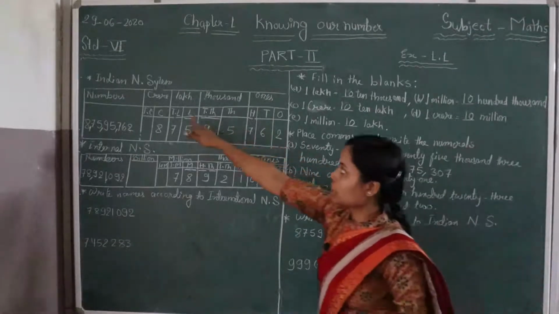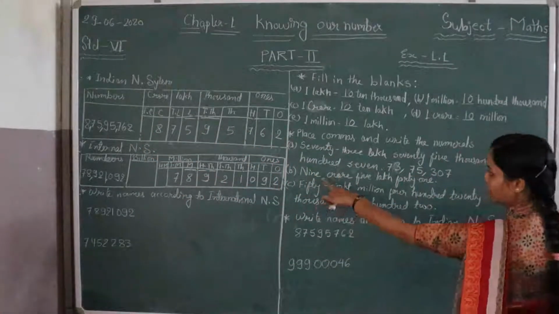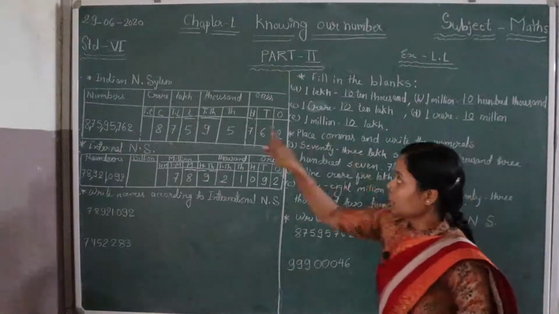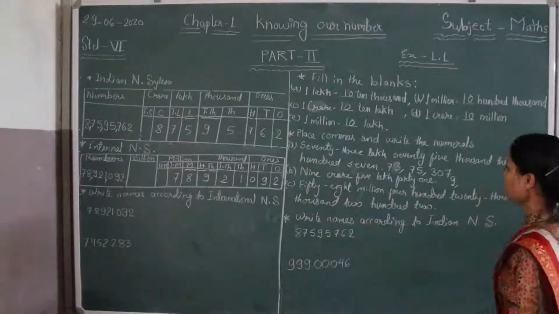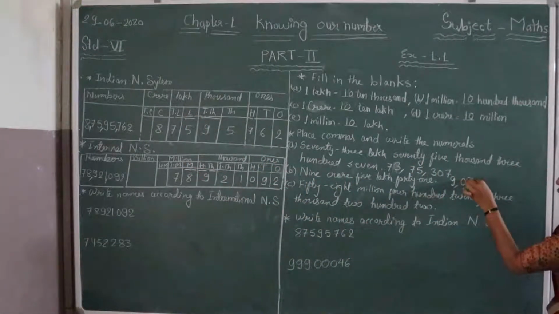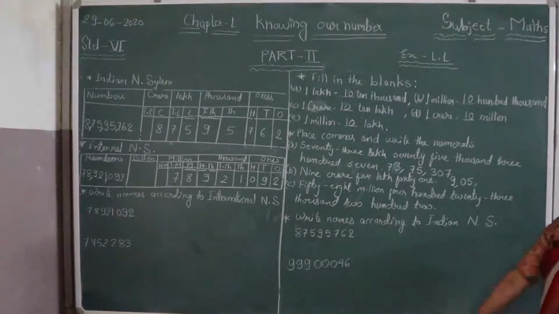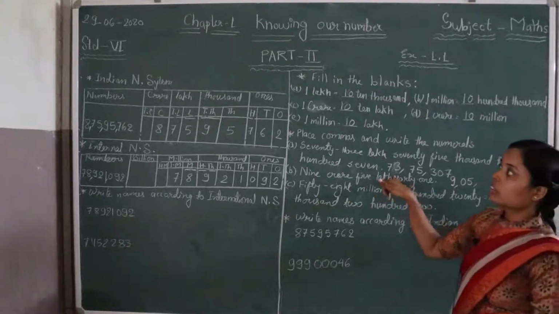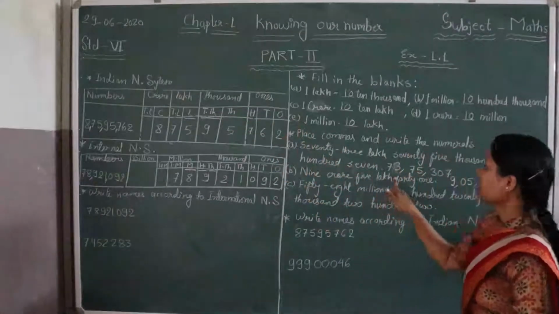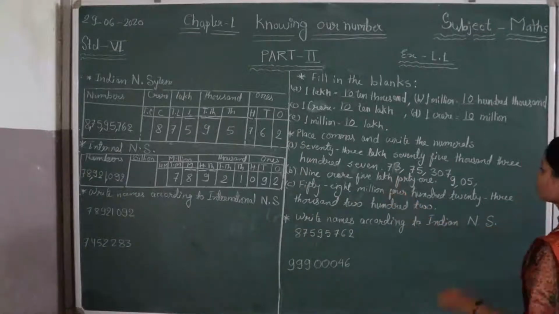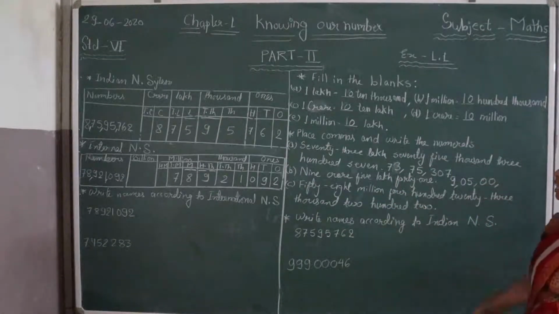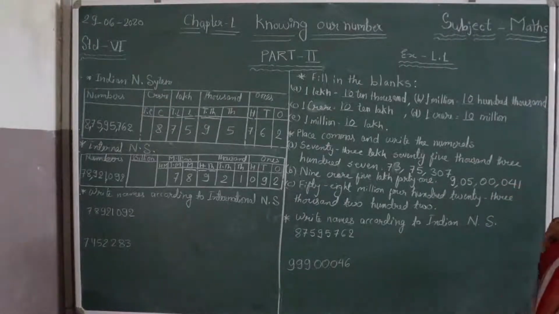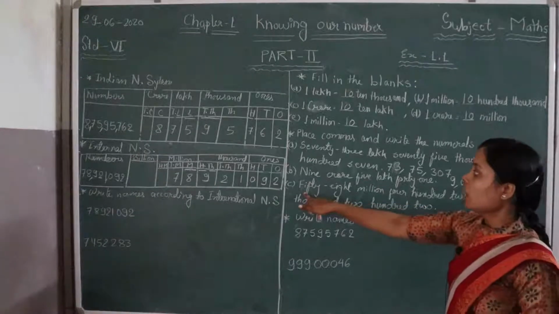9 crore. Look at here, in crore 2 places. Here 9 crore, so write 9 and place the comma. 5 lakh. In the lakh place 2 divisions. So how can we write 505? Then place the comma. And then after lakh, here 1000. But in our number system there is no 1000 here, so put the zeros here and then 41. So how can we write 41? 041.